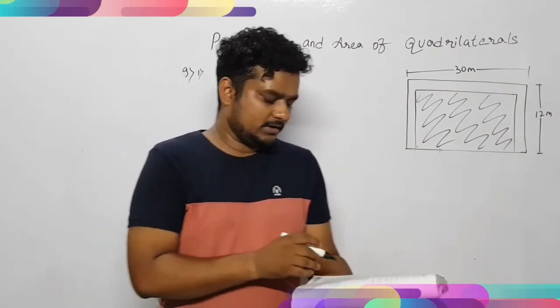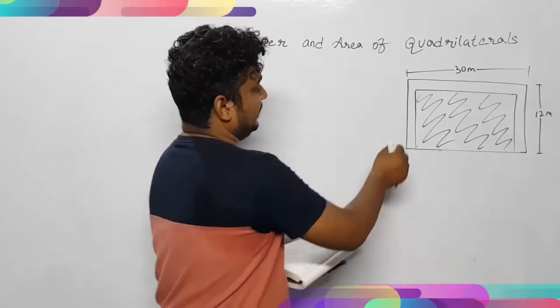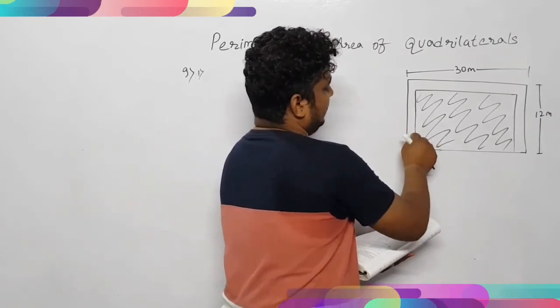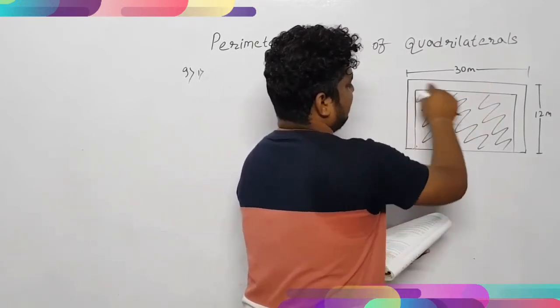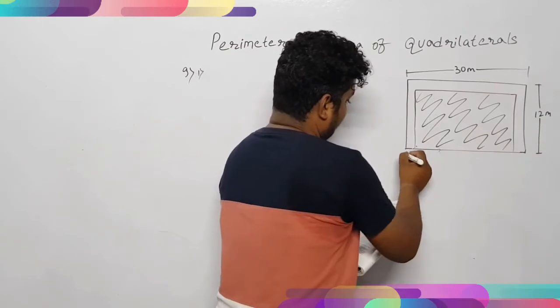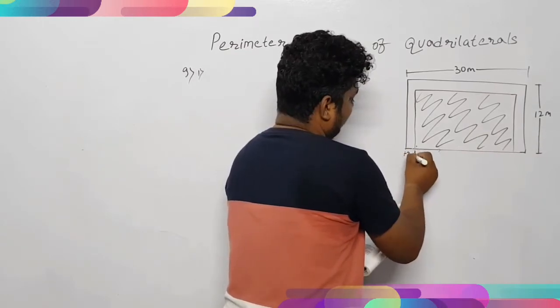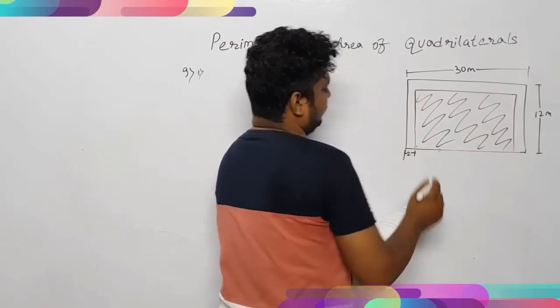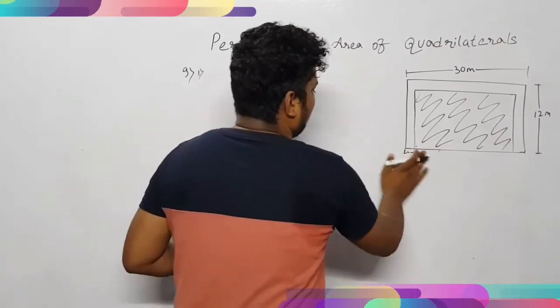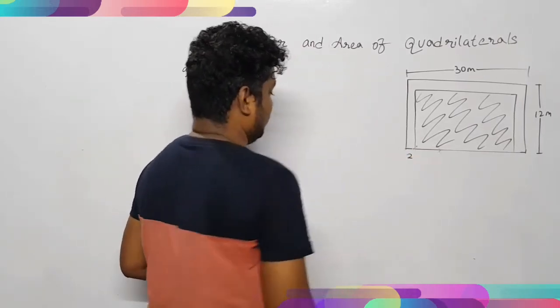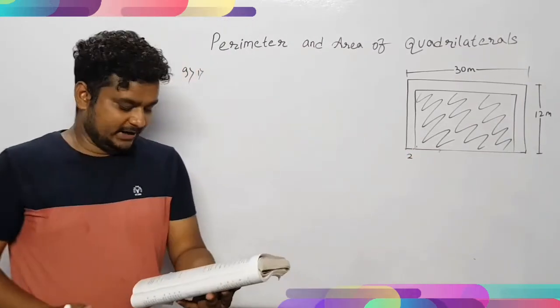So on three sides of the lawn, there are flower beds of 2 meters. This particular width is 2 meters given, and these are the three sides: first side, second side and third side. So the width of this particular bed is 2 meters. You can see that this is 2 meters given. Clear with this? Or directly you can write 2 over here. So this is the given data.